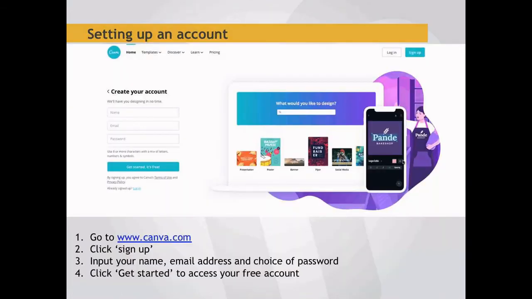Okay, so in order to access Canva, you will need to set up your own account using their website. As I mentioned, it is a free service for anybody to use. As a teacher, you can access this as well as your students. You simply have to go to the Canva website, which is www.canva.com. Click sign up, as you can see on the top right-hand corner, and you input your name, your email address,